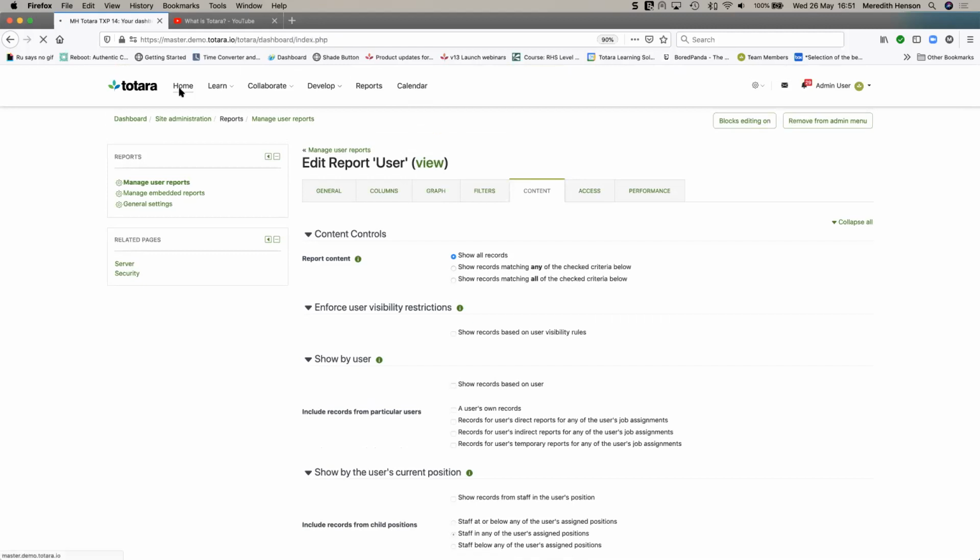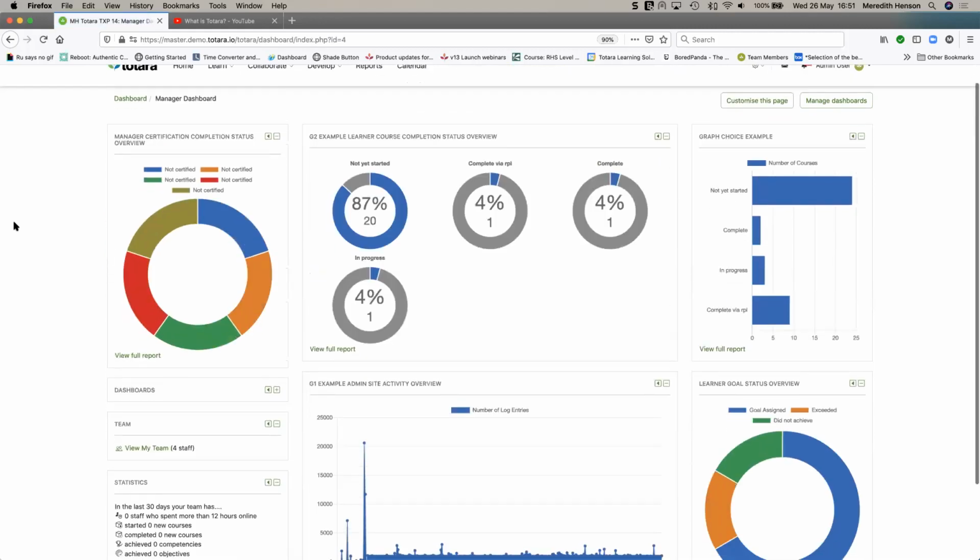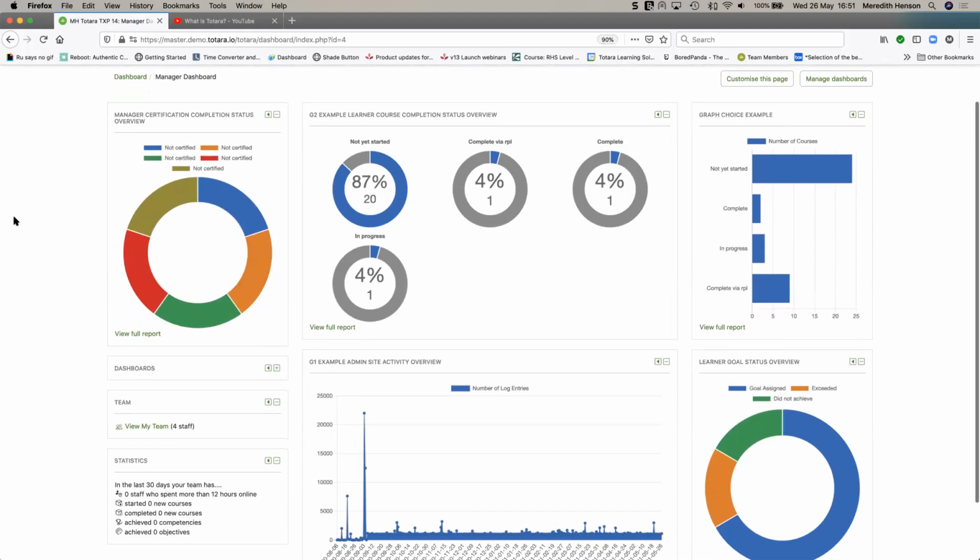So the reporting functionality, you can schedule reports, you can view reports, and you can even add them to the dashboard. So back to the beginning where we started, you can have different dashboards for different types of users.